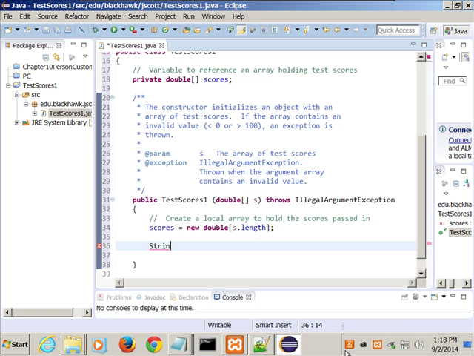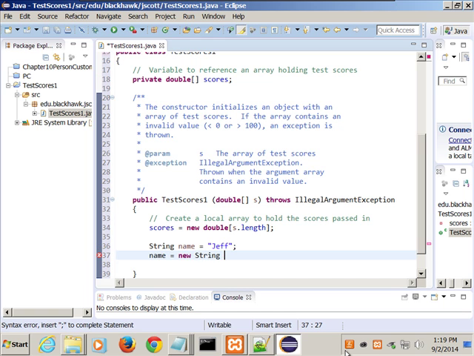If I say string name equals Jeff, then if I come down here, I could have said name equals new string, and I can put it in parentheses. Usually I think you see it in parentheses.